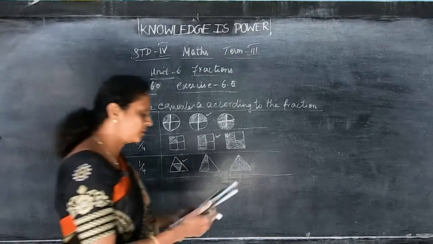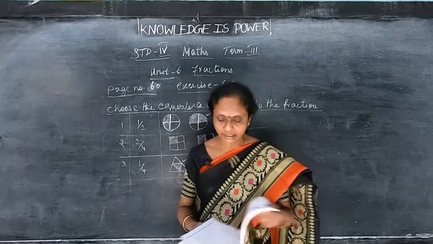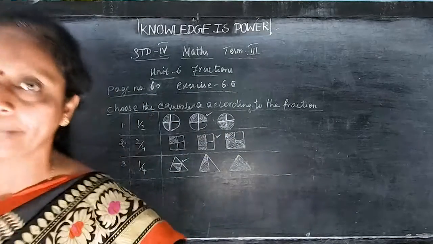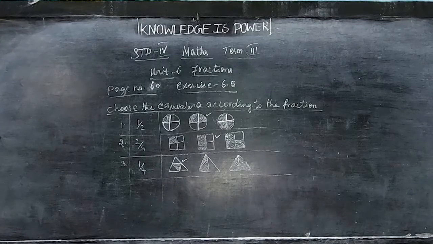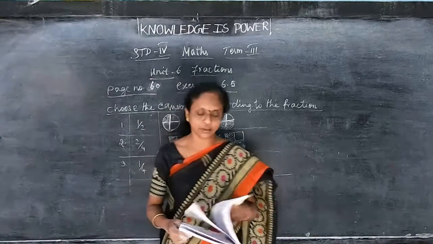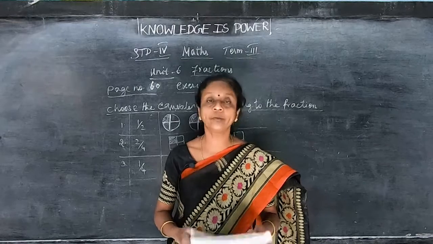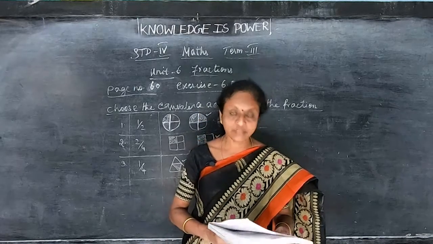So that's all for this term, children. Write whatever we have learned in this fractions. Okay children, go through this. For the third term you have finished so far. So whatever you have learned, copy down everything, and next we'll see in the next class.